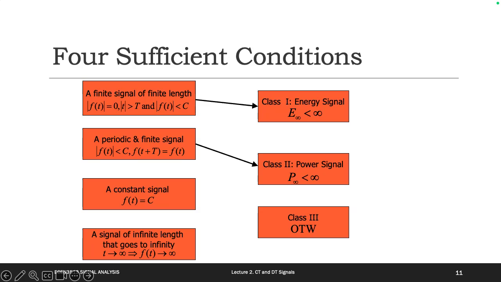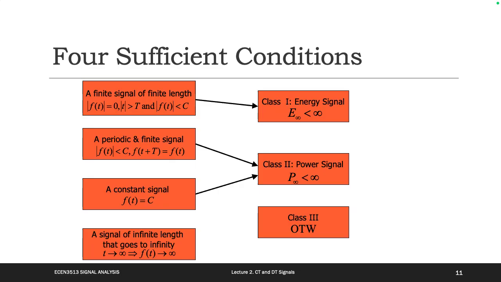Let me ask you a question. Since a periodic signal belongs to class 2, the constant signal, I don't know if you ever talked about that. The constant signal, we can actually consider it as a periodic signal. Do you remember that? So this one also belongs to class 2. You can also use the equations to prove that. And how about the next one?